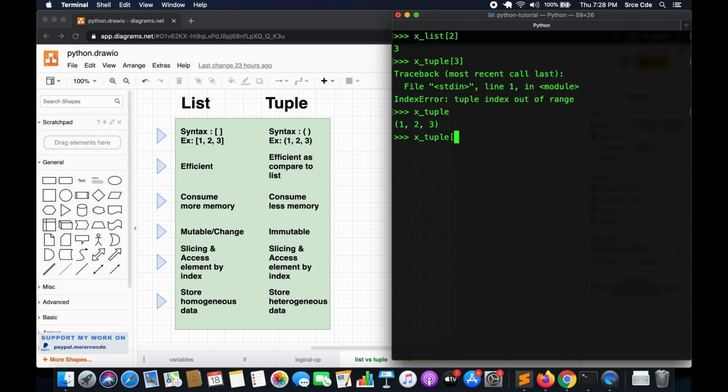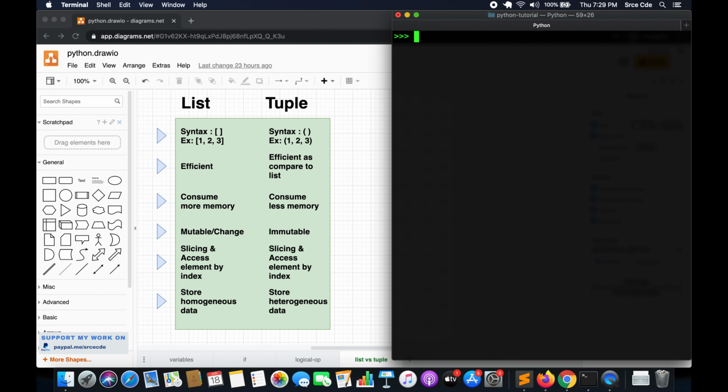If I say x_tuple[1], it returns 2. So we can access elements by index within both list and tuple. As for slicing, if I fetch elements from index 0 to 2 from x_list, it returns the first 2 elements, 1 and 2. The same goes with x_tuple, it returns 1 and 2. So both support slicing and we can access elements by index.